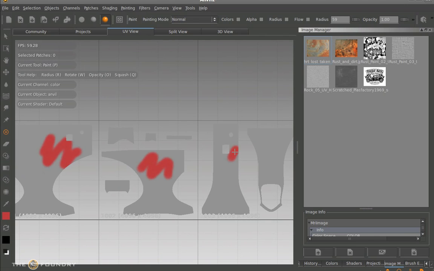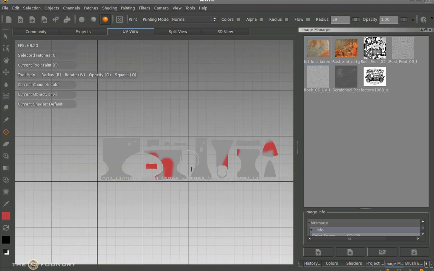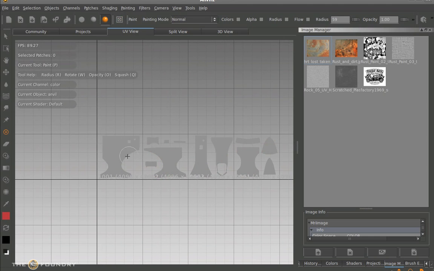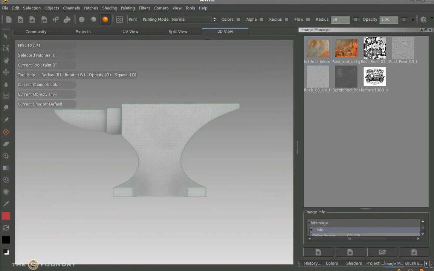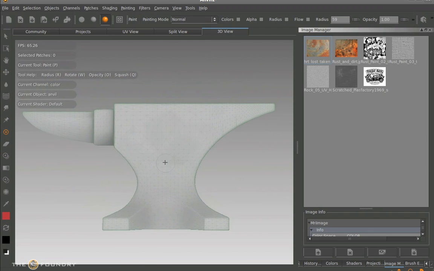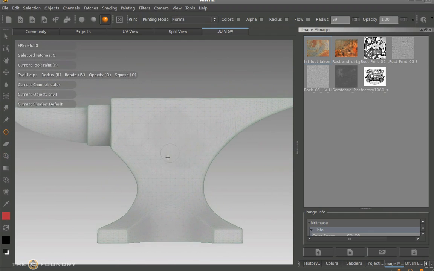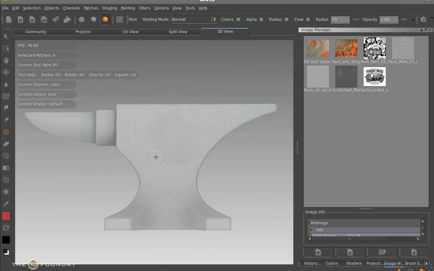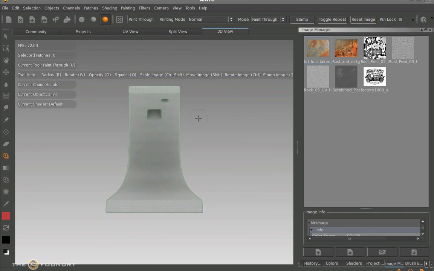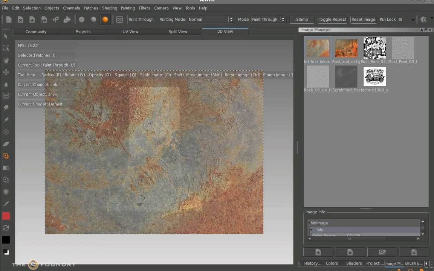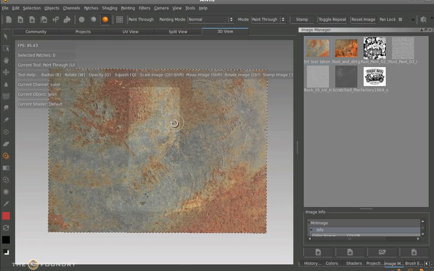Just paint on here. We can see the buffer always exists again, and we can simply clear the paint buffer again. So what we can do is paint directly onto the UV map again. Let's get this back in view. What we need to do is press the number 1 on the numeric keypad, and when we bring up the paint through button again, we can drop this on, and use the hotkeys to move this around and change it using Shift and Alt for rotation, panning and